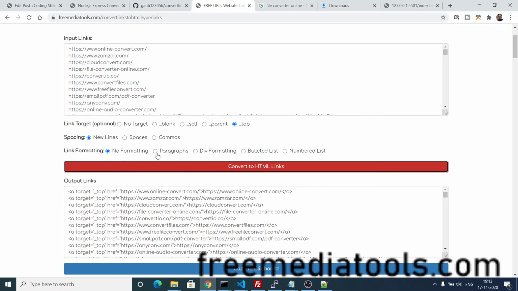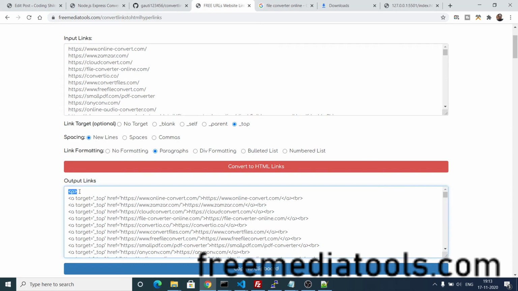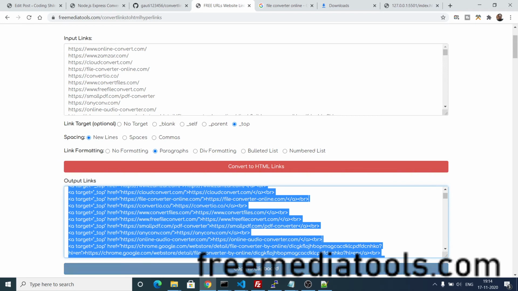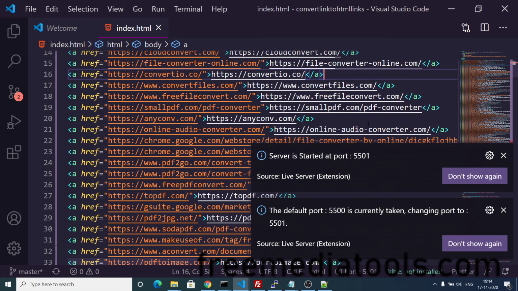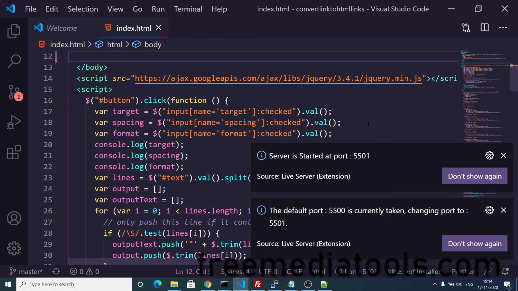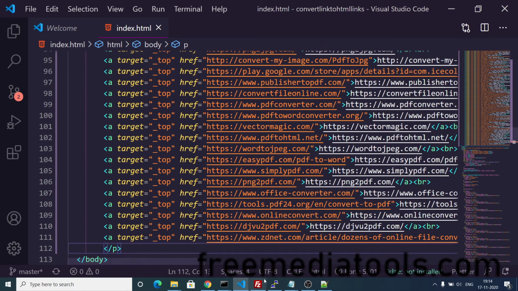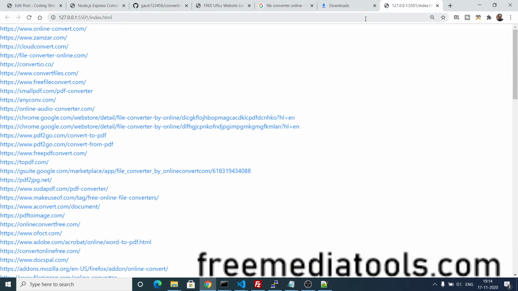And now comes the funny part. This link formatting, you can also do manually, but if you do, it will take a lot of time. If you want to embed your links inside a paragraph, you can also do this. You can see it has embedded your links inside a paragraph and it has a break tag. Now if you copy and paste this, let me just delete this and paste it here, you will see now it has wrapped all these links inside a paragraph tag. And if I show you, you can see after each link there is a break tag also. So I think this is a good formatting available.